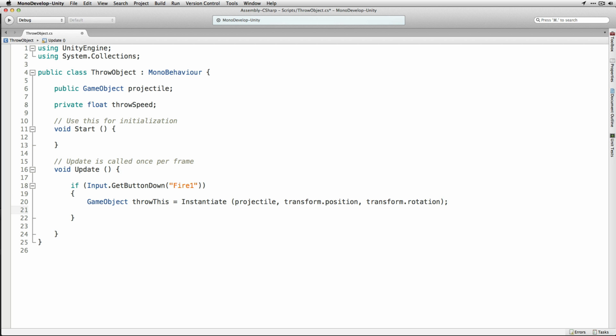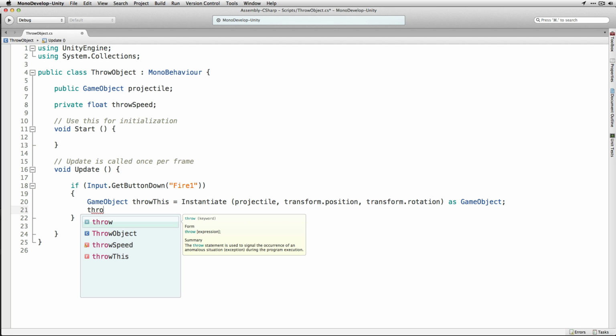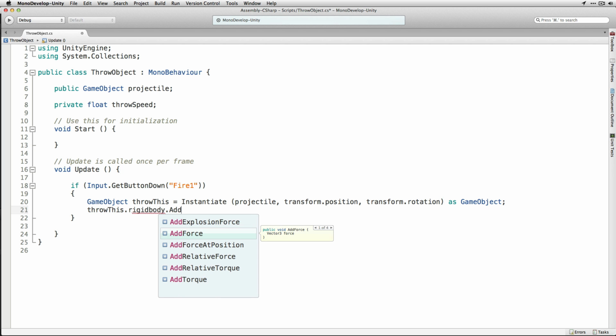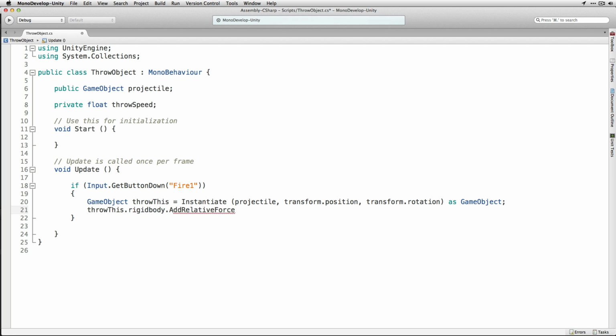And before we continue, we're going to cast it to a game object. So we're going to say as game object. Next, we're going to add some force to the rigid body, and this is why we added a rigid body to that cube that we created. So we're going to say throw this dot rigid body dot add relative force, meaning we're going to add force